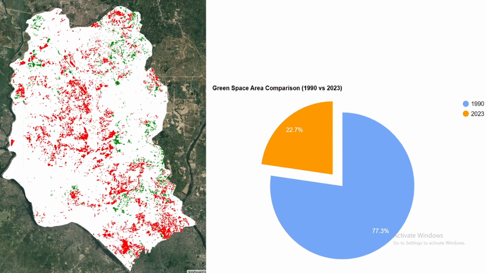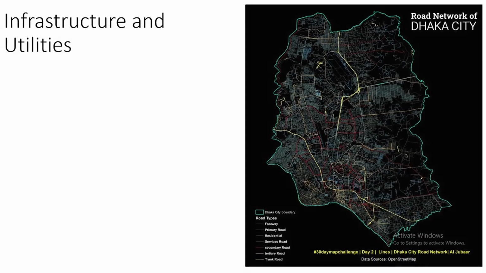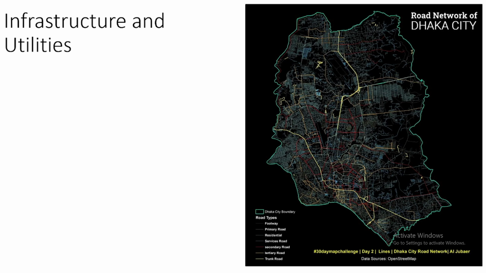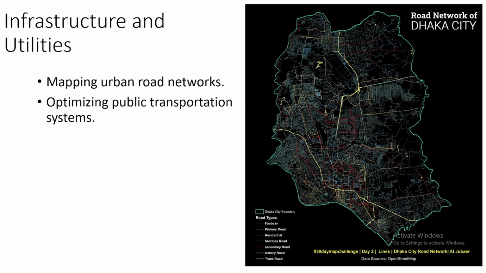In this case, it shows the result for 1992 to 2023. So then infrastructure and utilities. Okay, so infrastructure and utilities, including the road network. Suppose primary road, residential road, service road, secondary road, tertiary road, trunk road. So this type of road map also includes the infrastructure and utilities, such as mapping the urban road network. Okay, so we can easily create the urban road network, as well as optimize the public transportation system, and